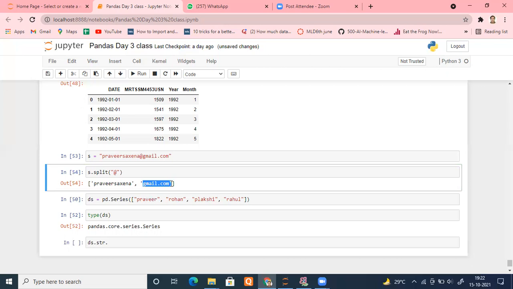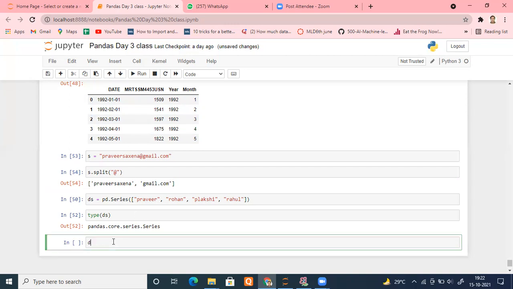So if you know the string methods, that's what I want to tell you. Even if they are coming in a column of yours, and your column is a string and you want to separate them, you can use the same string methods. Just take your data frame name, for example, this is a data series, then take the column on which you want to do a string operation. Suppose the column name is XYZ. Then type dot, type str, then dot, and then select whatever method you want. Split is also available there. You can use split on any column you want. I want you to explore that. Is it fine, everyone?